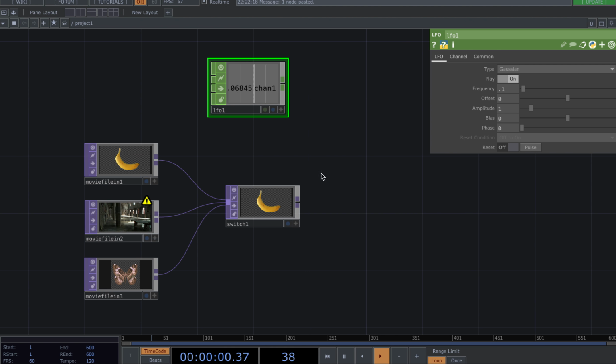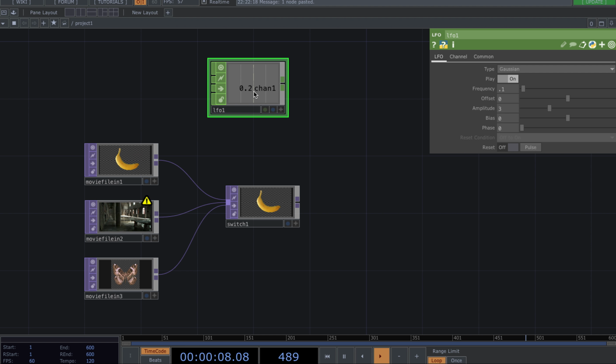And then finally, because we've got 3 here, we want the amplitude to be, well, it can be 2 or 3, but let's just say 3. So what we've changed on this LFO is we've gone sine to Gaussian. Frequency, we've gone 0.1. And the amplitude, we've made 3. So what that means is,